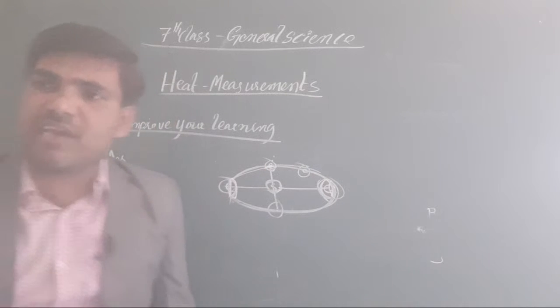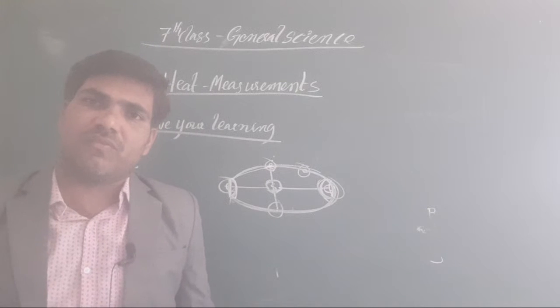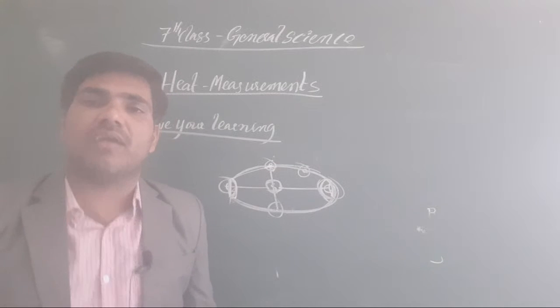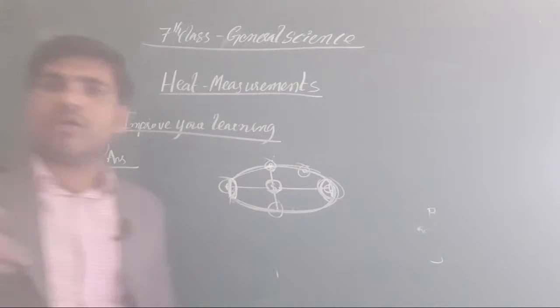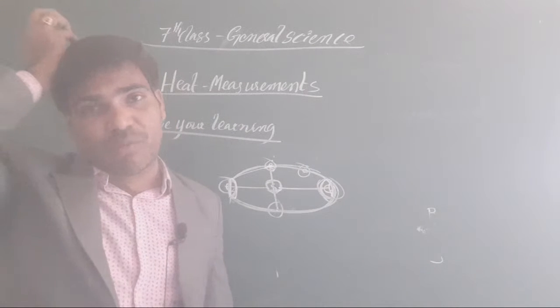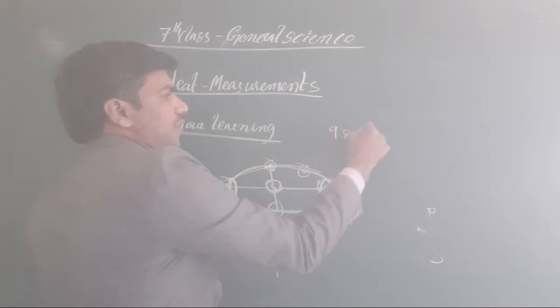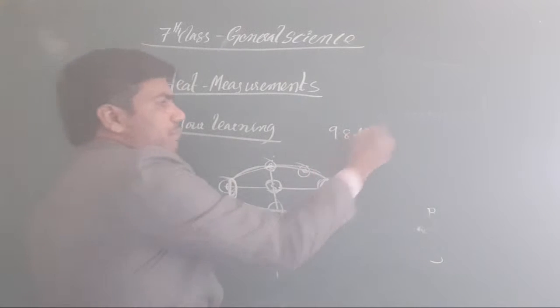This is only a simple thing. When we are near the fire, we get more temperature, and when we are away from the fire, we get low temperature. When the temperature is low, how much temperature does our body contain? Compulsorily, our body should maintain what? 98.4 degrees, the normal temperature.